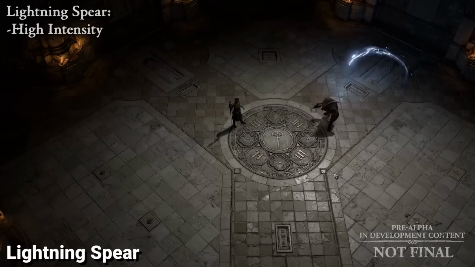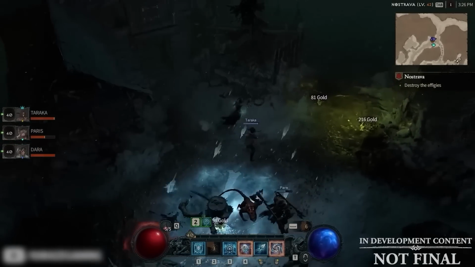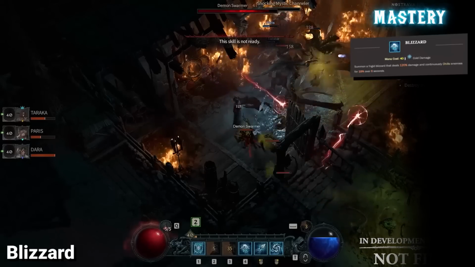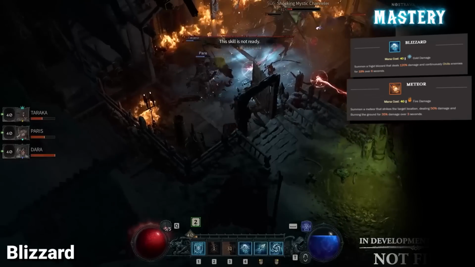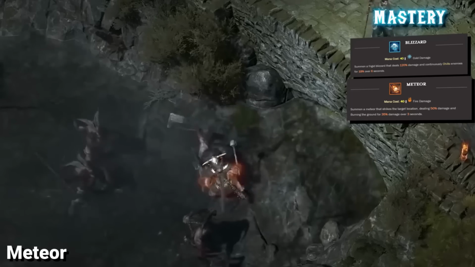Moving on to Sorcerer's Mastery skills, there are going to be some nice hard-hitting AoE abilities that help you control the battlefield in certain areas and situations. These skills are Blizzard, where you summon a frigid blizzard that deals damage and continuously chills enemies in an area over 6 seconds. You have Meteor, where you summon a meteor that strikes the target location, dealing massive damage and